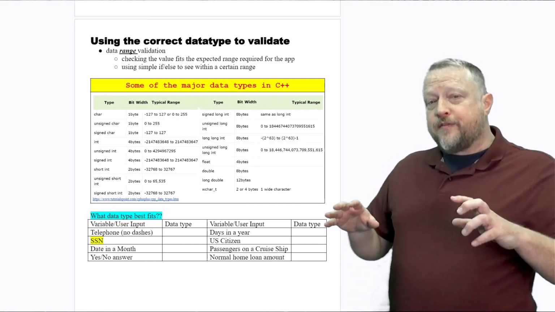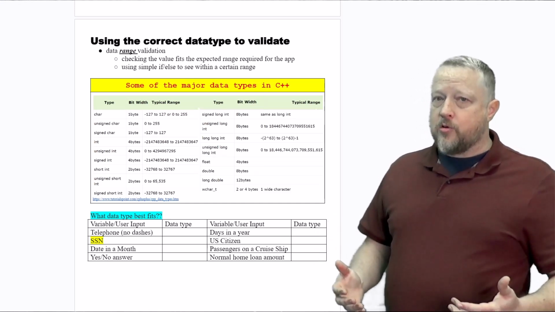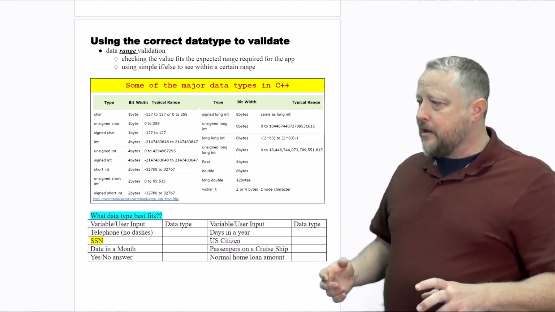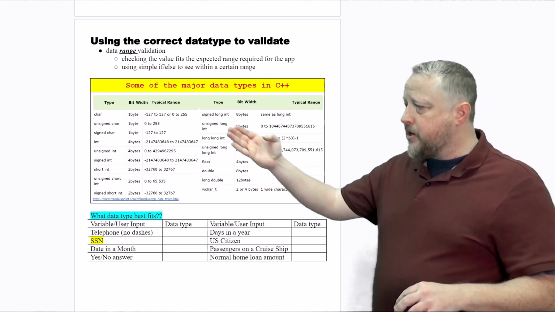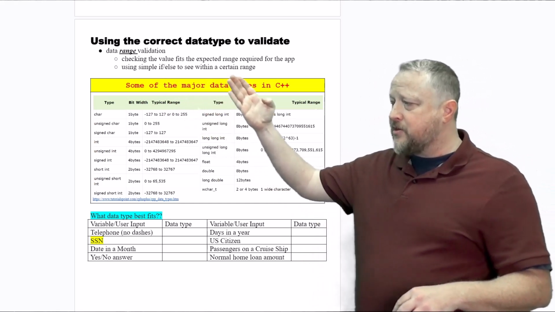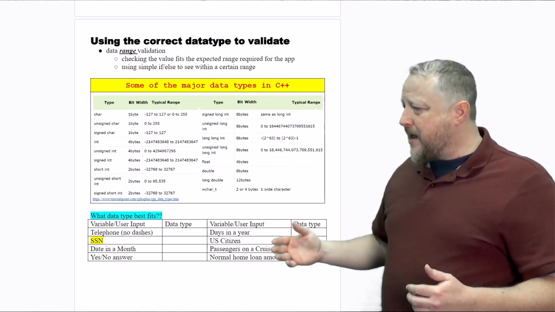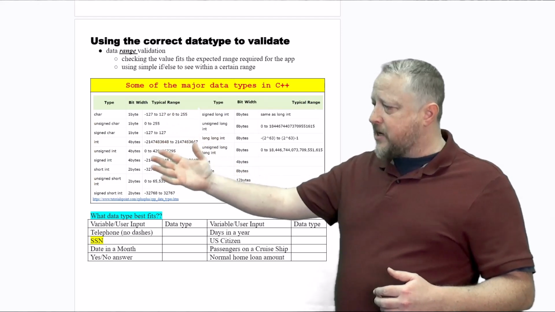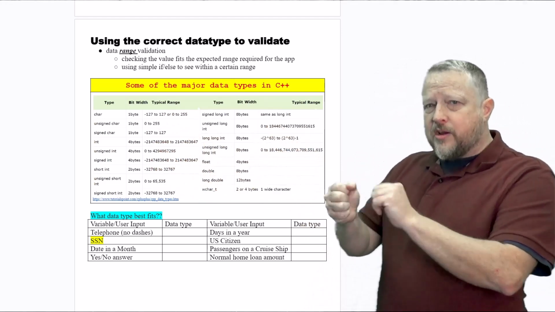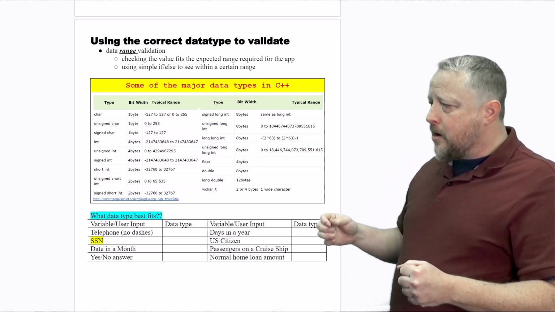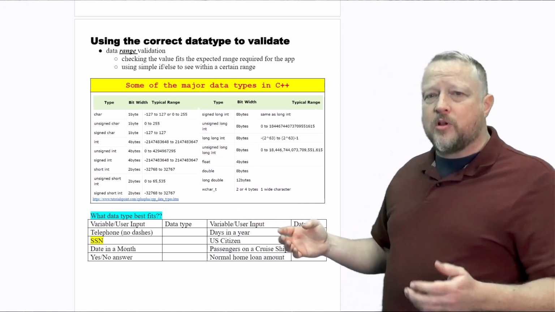So one of the first things that we get into, and it's not really code, there's some, but not a lot, is doing the data range validation. And here we're just going to use some simple if-else statements to see if it gets into a certain range that we want. And I say that because we look at all the different data types that we have in C++, we could still jury rig some of them a little bit more, but the bad part is pretend we want something that can only go up to 10,